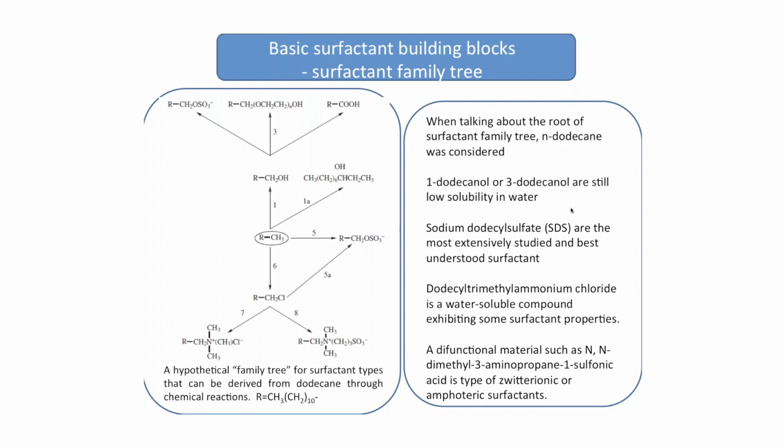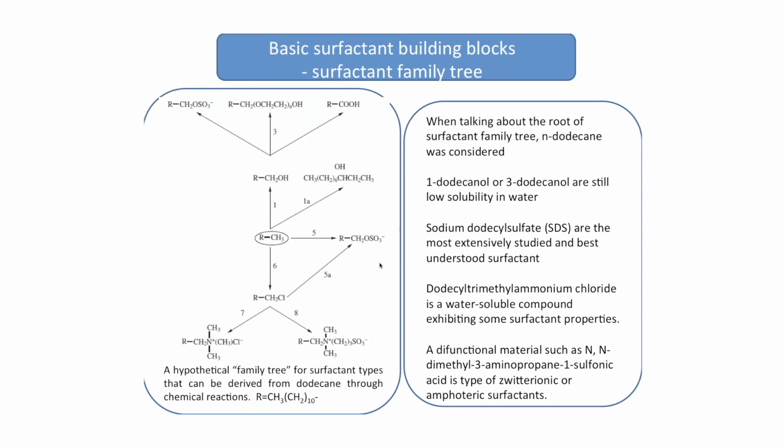One can modify it by sulfonation or a halide. The halide group makes it susceptible to quaternary amidation, such that you get your cationic surfactants. On the other hand, an alkyl chain can be derived to have an alcohol group. An alcohol group can be further oxidized to form your fatty acids, longer chain alcohols, or other sulfates and sulfonate derivatives. And in fact, some of these are the most common routes by which synthetically derived surfactants or even petroleum-based